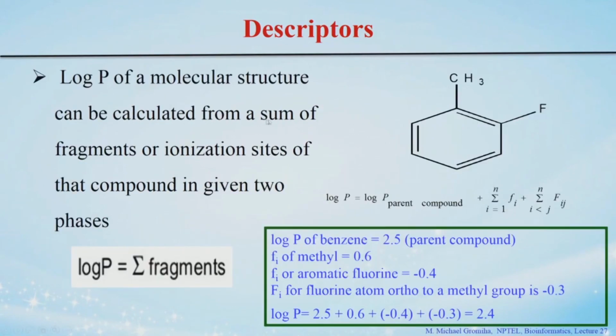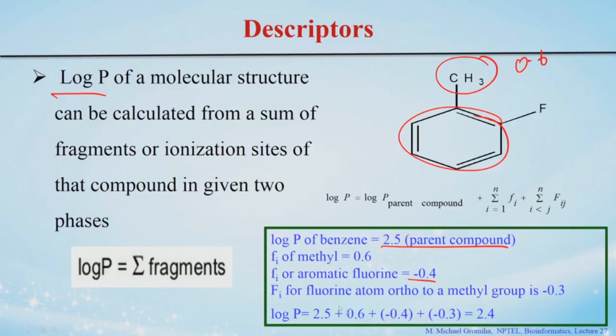How to calculate this? For example, here I give one compound, a benzene ring with a CH3 attached here and a fluorine attached here. So, how to calculate log P? You can get the values from the sum of the fragments. This is the parent compound, and you can see the other fragments, the CH3 or the fluorine and so on. The benzene is the parent compound, with log P of 2.5, experimentally known, and the methyl group, CH3, is equal to 0.6 and the fluorine is minus